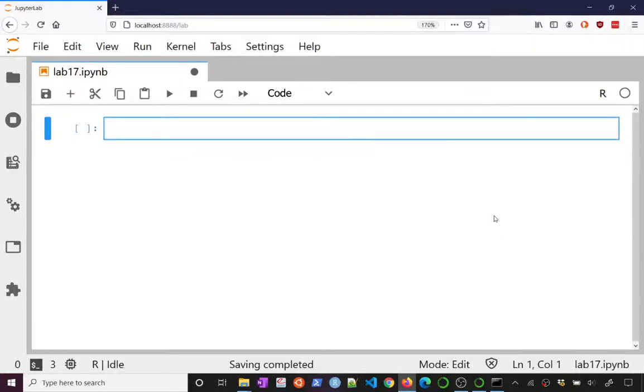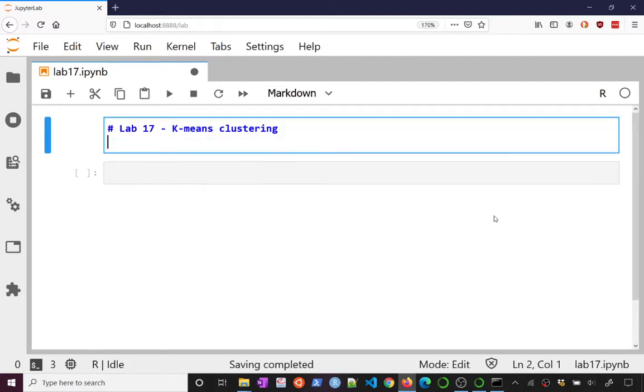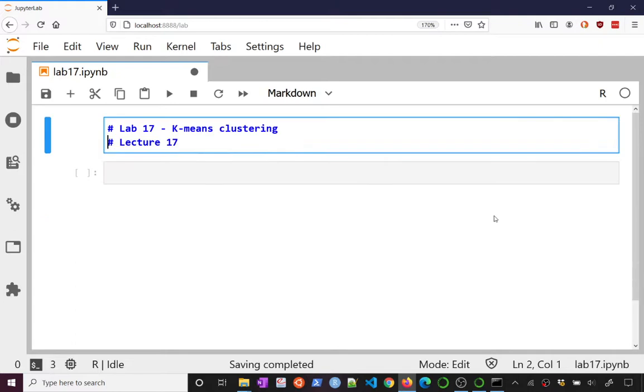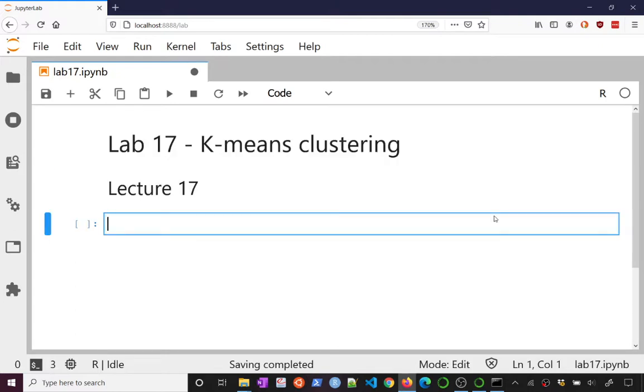So this is lab 17, and this is going to be a quick lab today on k-means clustering. And of course, this lab 17 is associated with lecture 17, which was also on k-means. Okay. And so we want to look at k-means, and of course we have our favorite data set, which is